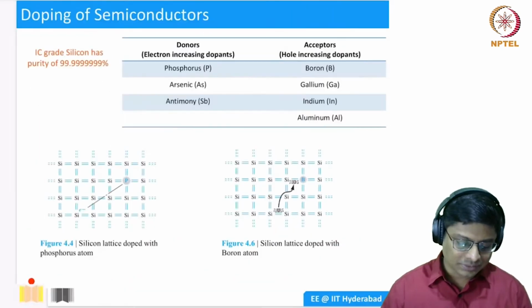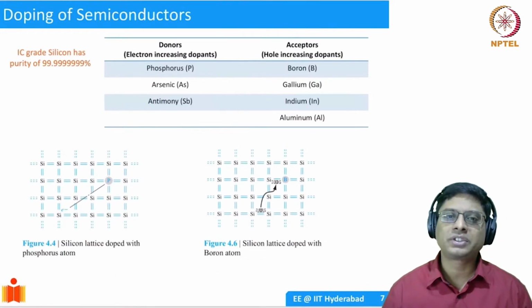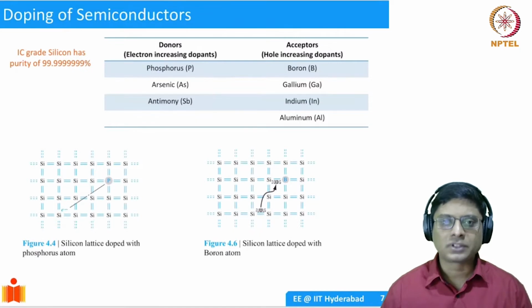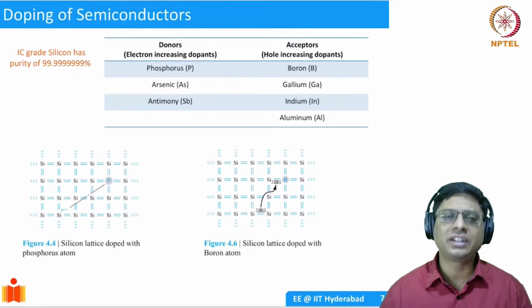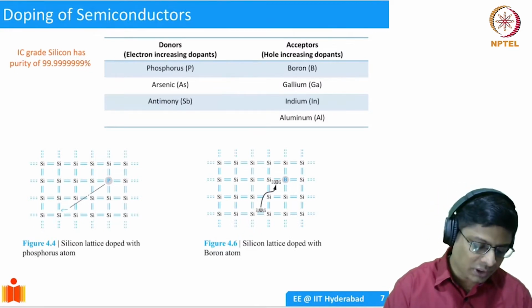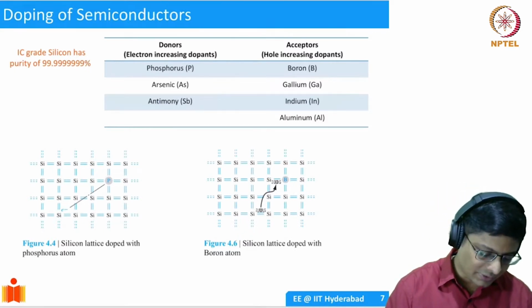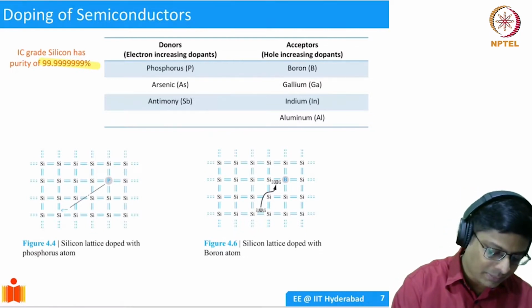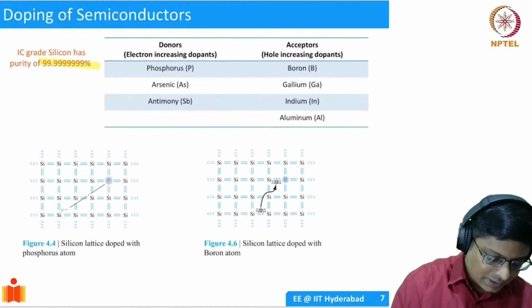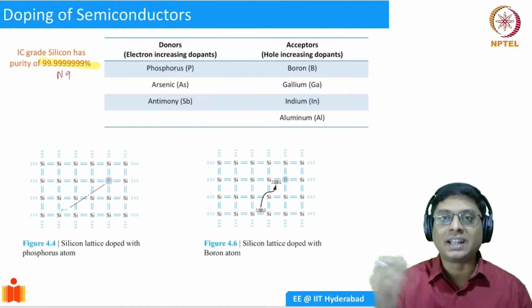To do that, we adopt a process which is known as doping. This is central to semiconductor devices. When we start with IC grade silicon, it has a very, very high degree of purity. In fact, I mentioned this in passing last time, it has a purity of, we call this number N9 basically. N9 indicating that it has 9 N's,